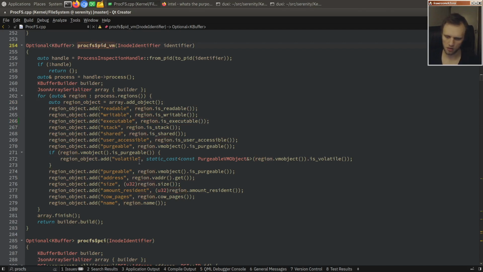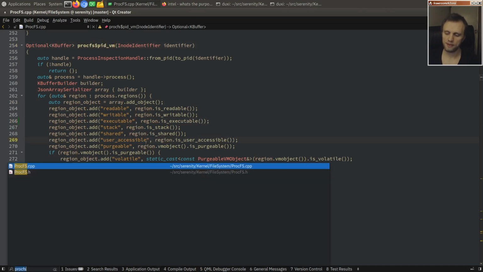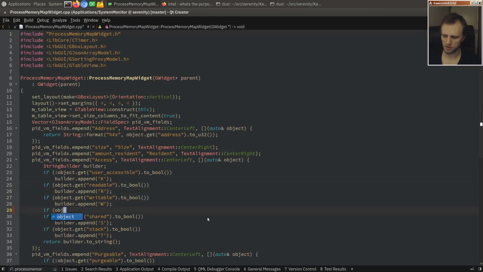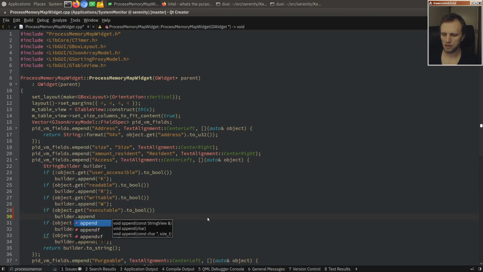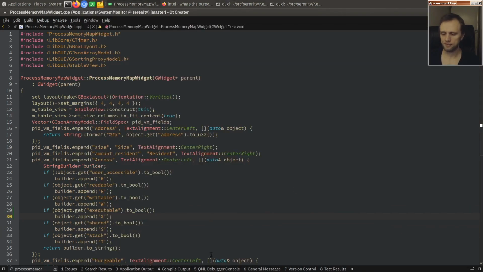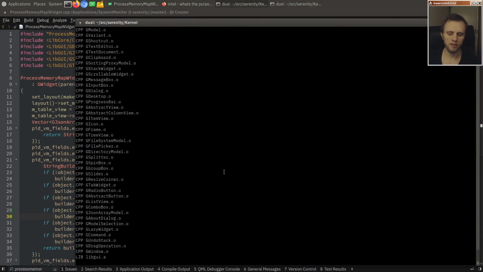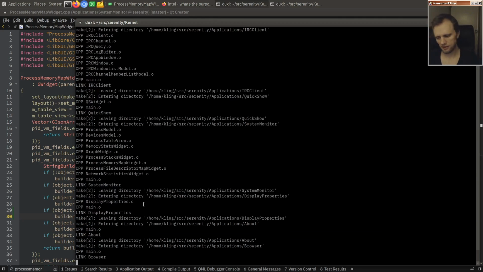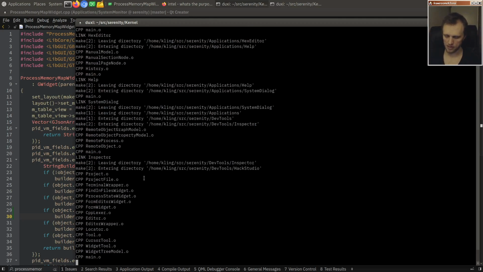So now we're showing that in the proc.pid.vm files, and then in the process memory map widget here in the system monitor, we can just add it to the list of letters that mean something. So if we have the executable flag, then we will append an X to the little string in the access field in the process memory map in the system monitor. I think that's going to be okay. Let's just see what it looks like momentarily